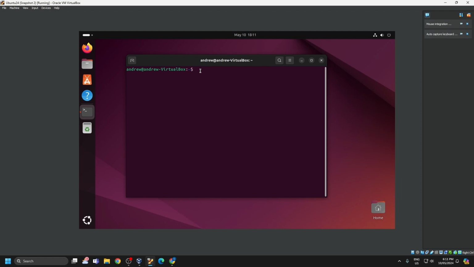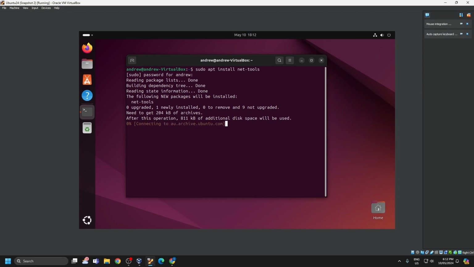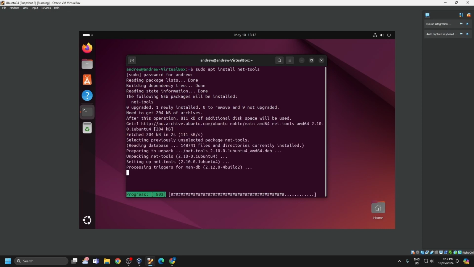It doesn't come with any net tools, so we have to run the command sudo apt install net-tools, enter the password, and that's it. So we should have access to ifconfig,